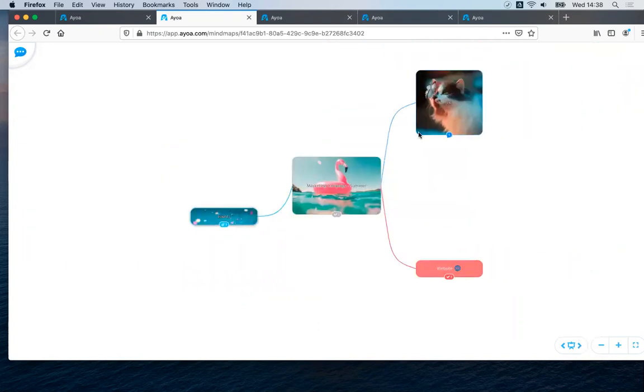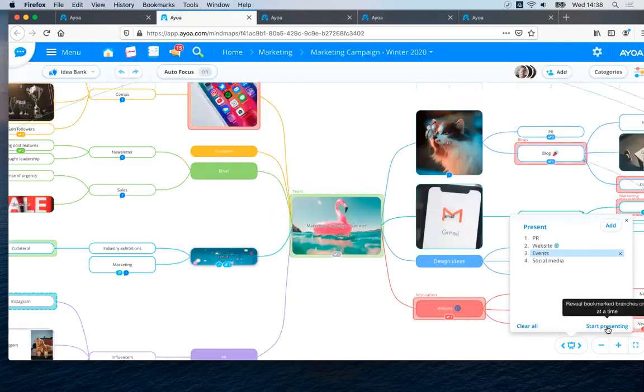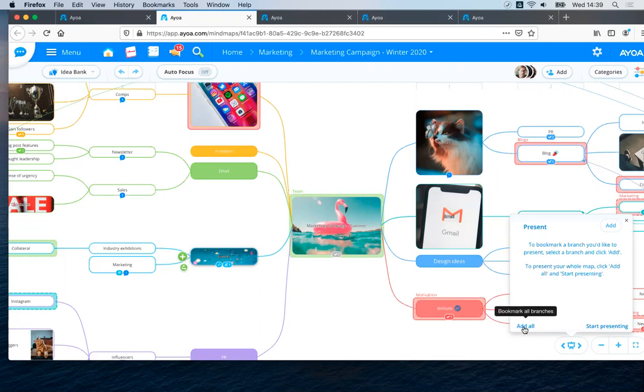So now I can just focus on these ideas. If I want to stop the presentation, I click stop, and it brings everything back into view. Now, if you want to add everything, so all of your branches, just click clear all. You can see there's this really handy button down the bottom here called add all. So rather than having to select and add every single branch, you can just click add all, and that adds